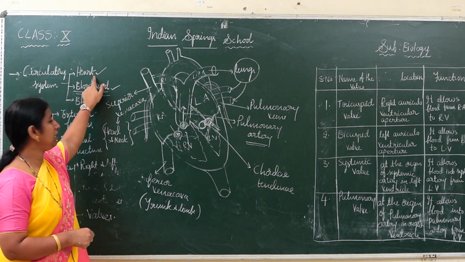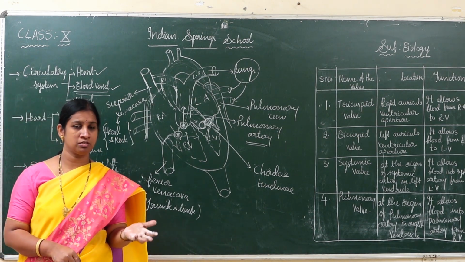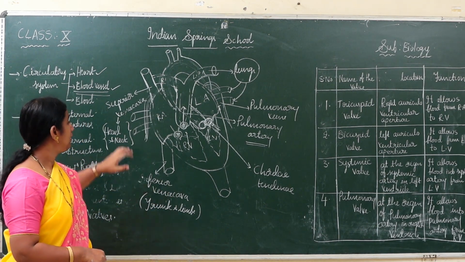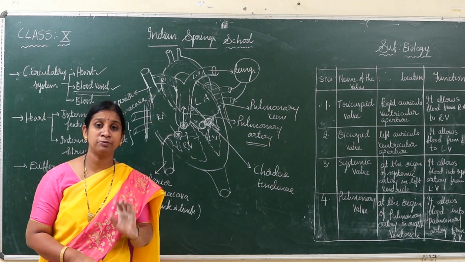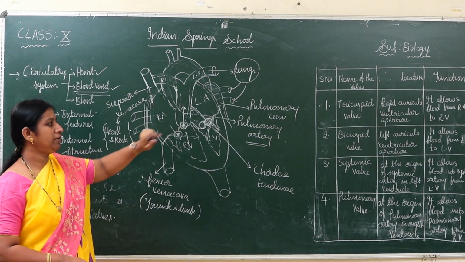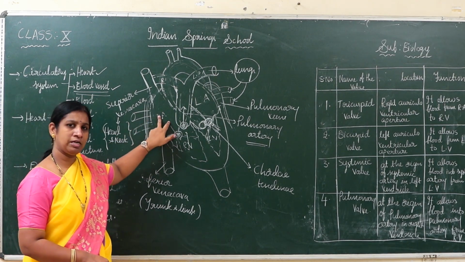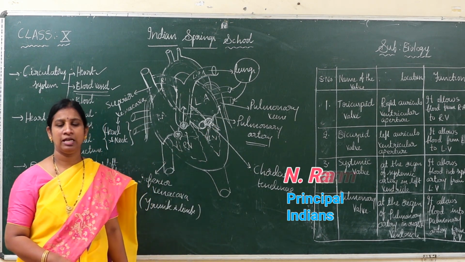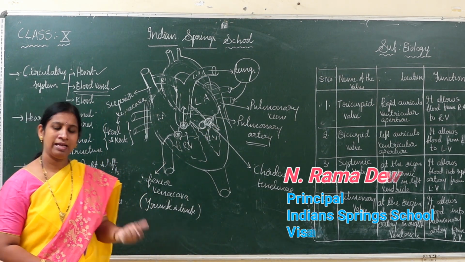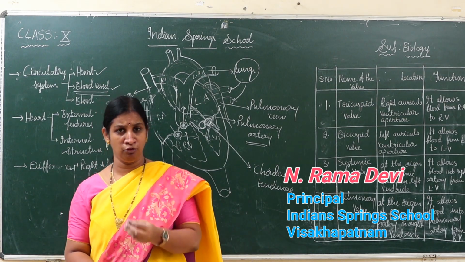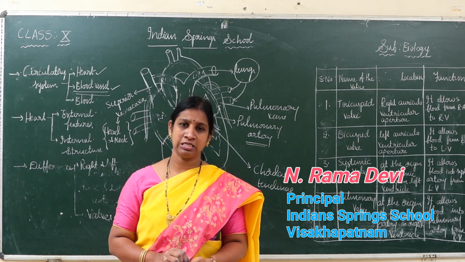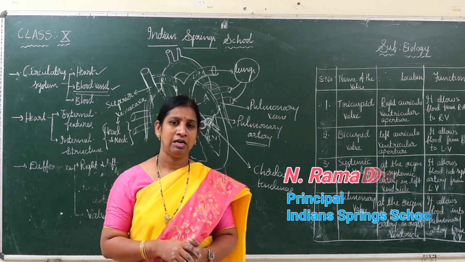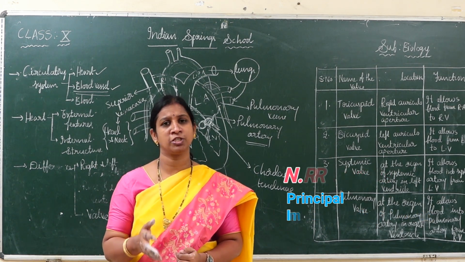So we already finished the heart. In the heart we discussed external features, and today we completed the internal structure also. Along with the internal structure, I even explained the total number of types of blood vessels present. And finally we discussed the differences between right auricle, left auricle, right ventricle, left ventricle, and the valves' position and their function. In the next class we are going to discuss how the blood flows, what the types of circulatory systems are, what the types of circulations are, what the evolution of the heart is, and how many scientists contributed to the understanding of the functioning of the heart.